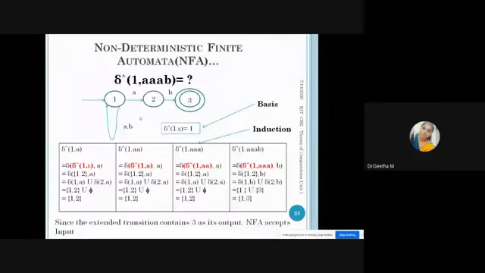So see the formula. The same steps you are going to follow here also. Just see with an example. This is your extended transition function of NFA. You are finding the input B here. Delta cap of 1 comma B, where the initial state is 1 and the final state is 3. So 1 comma B you are going to process now. See the diagram. And what is your basis here? Delta cap of 1 comma epsilon is 1. That is your basis. Come to induction.